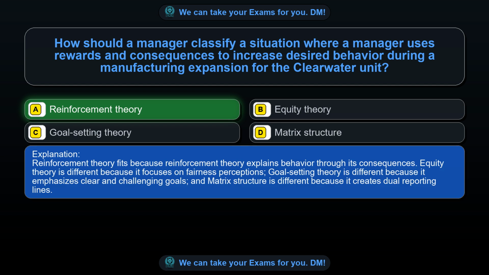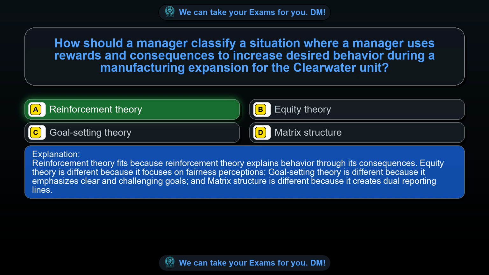Reinforcement theory fits because reinforcement theory explains behavior through its consequences. Equity theory is different because it focuses on fairness perceptions. Goal-setting theory is different because it emphasizes clear and challenging goals, and matrix structure is different because it creates dual